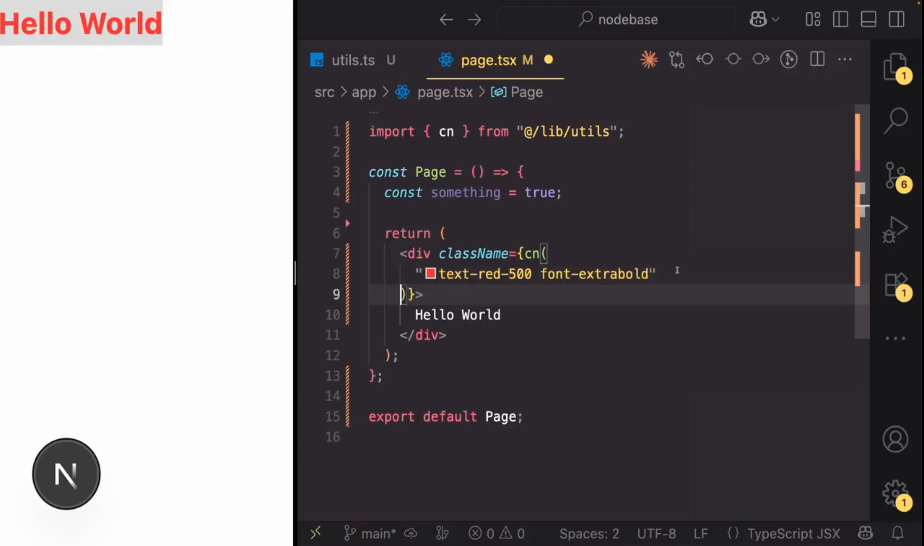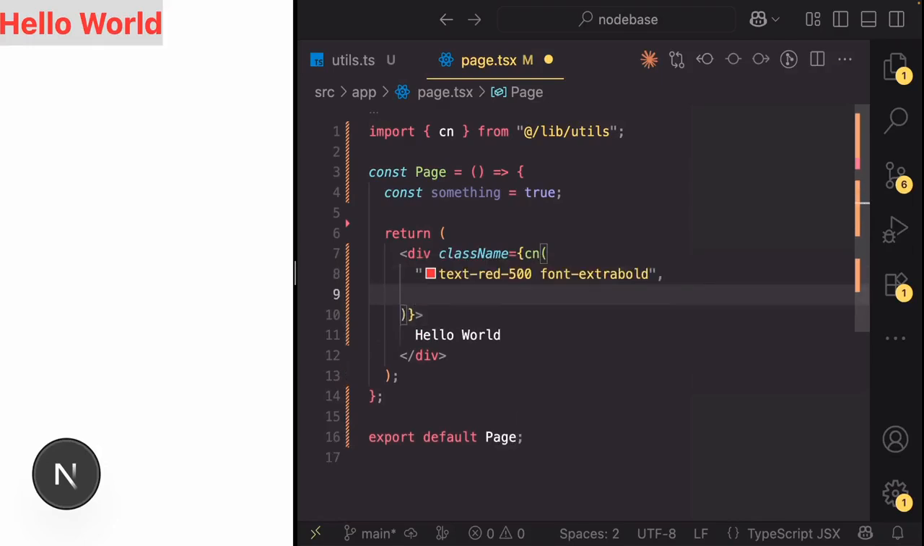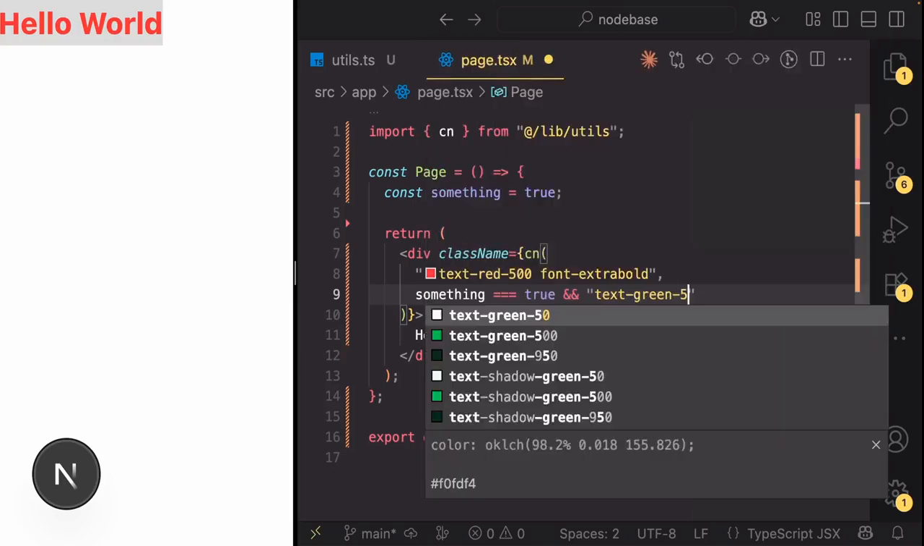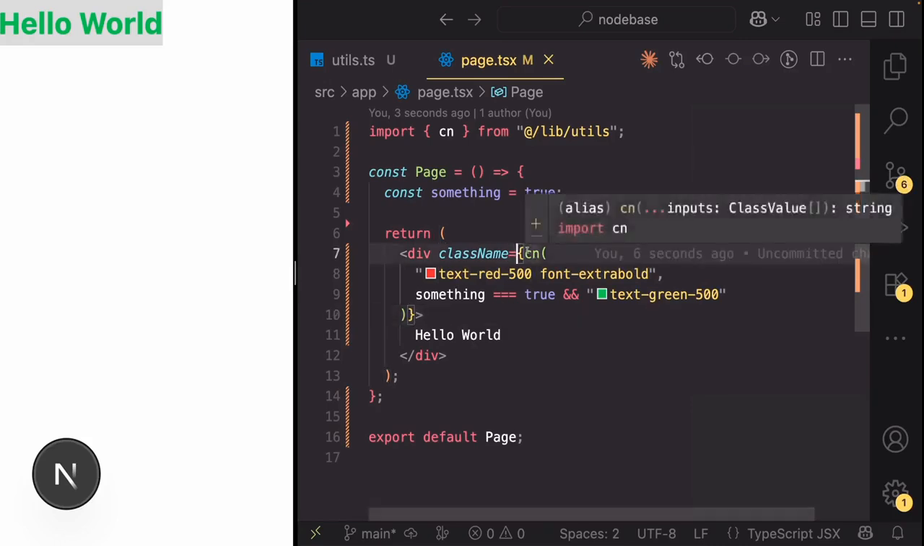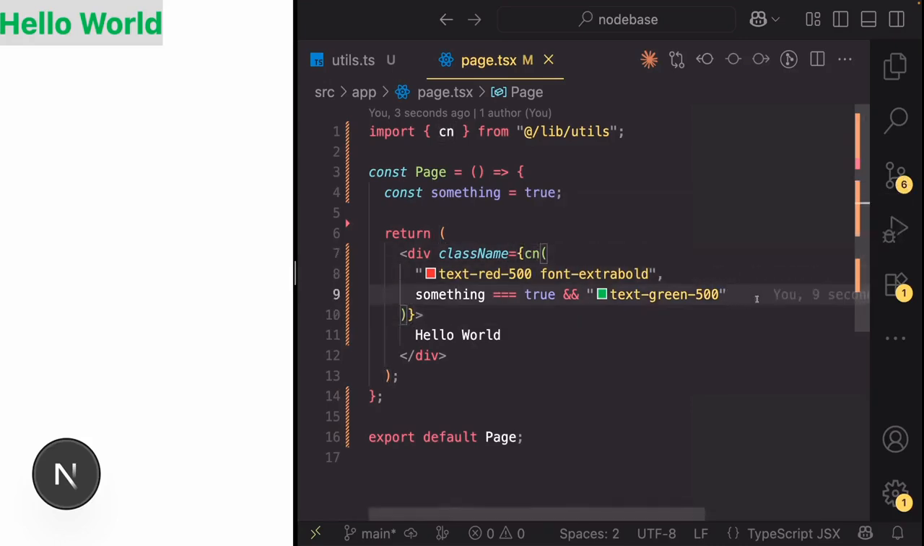bunch of dynamic options for this class. For example, if something is true, in that case, change the text to green 500. And you can see that now it works. So technically, yes, you could have done this using template literals, but trust me, we're going to have a bunch